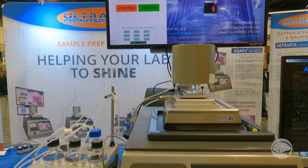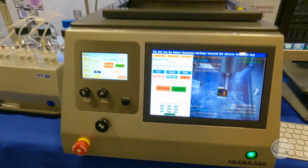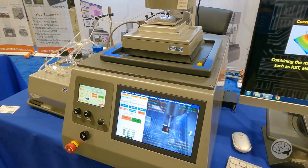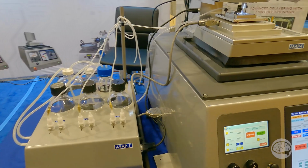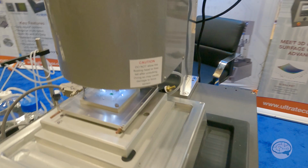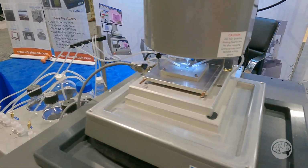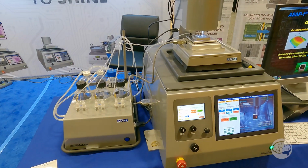Right here is our premium product, the ASAP-1 in situ, which is a milling and silicon thinning and decapsulation unit for microelectronics. We've been serving the electronics community for well over 20 years with this product, the ASAP-1. Currently this is the 4th generation of the unit, and we're able to do extreme silicon thinning on this machine,